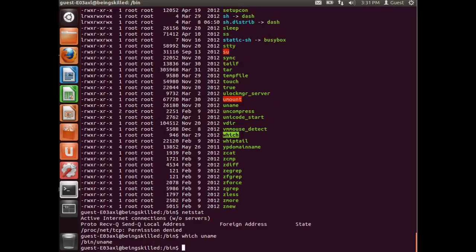So let's say we are typing which space uname, so it basically shows us what is the location of that particular command, because every command is a file and every file must be located somewhere, so it shows us the location. So predominantly every binary or every command is located either inside the bin folder or sbin, s is secure bin.